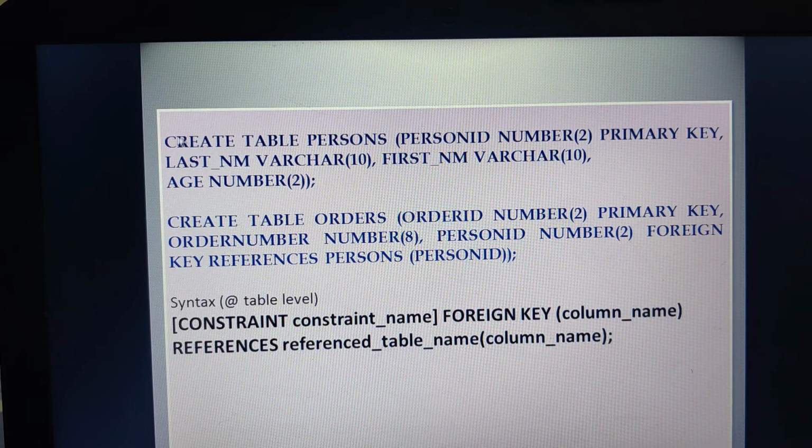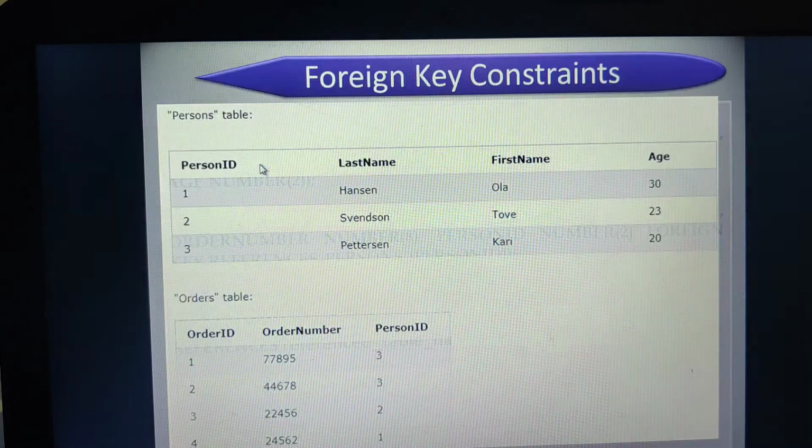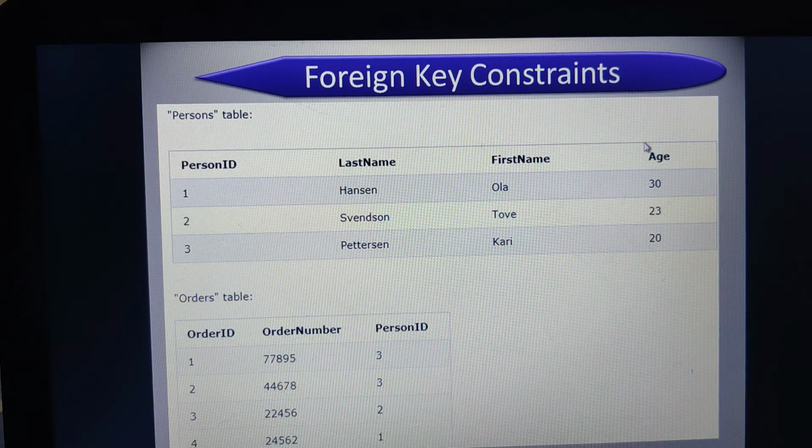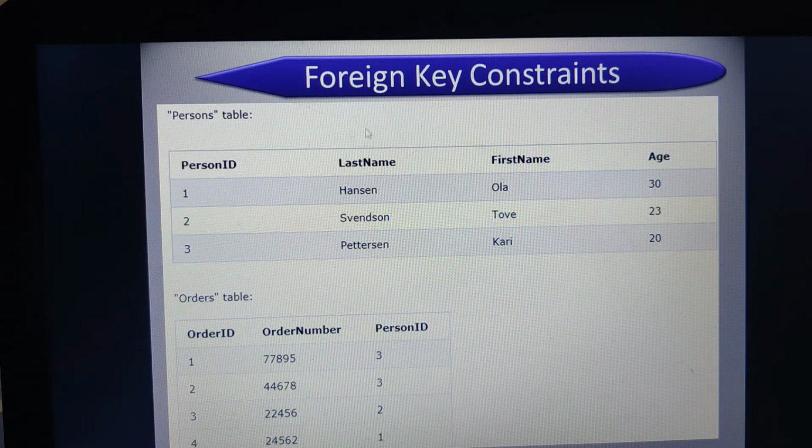Once I execute this query, an empty persons table will be created, with all the fields like person ID, last name, first name and age. By using the insert command, I can insert values into this table.